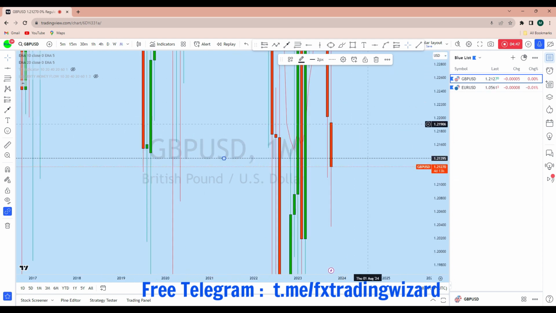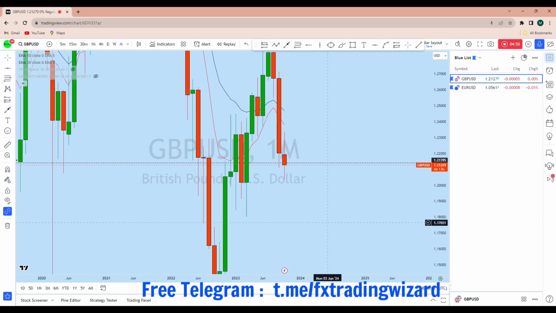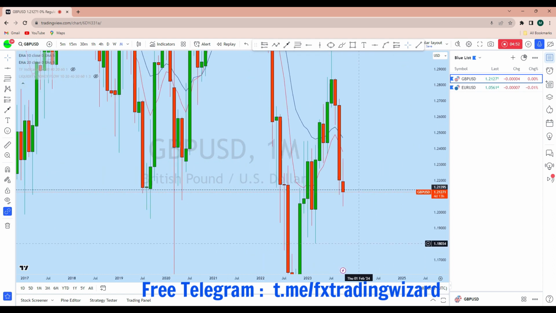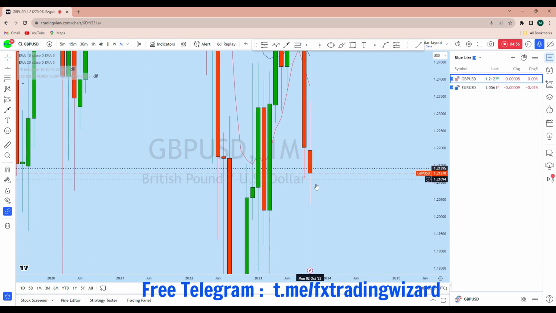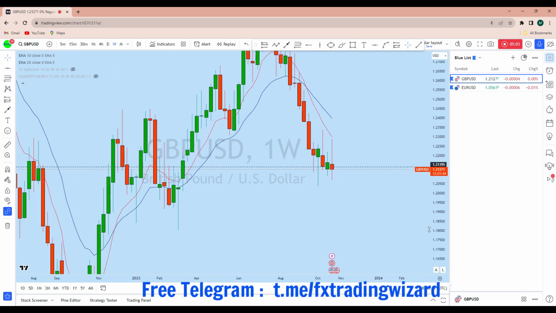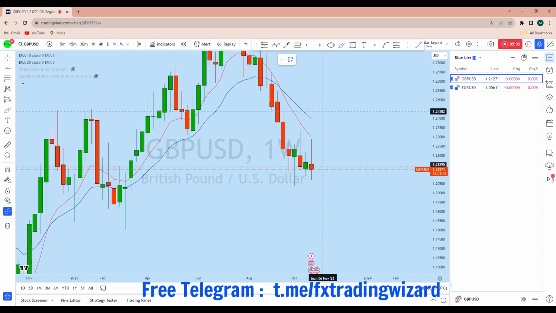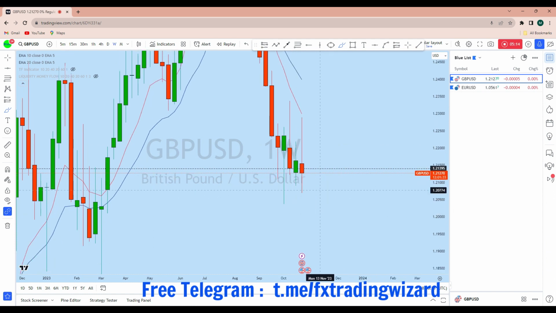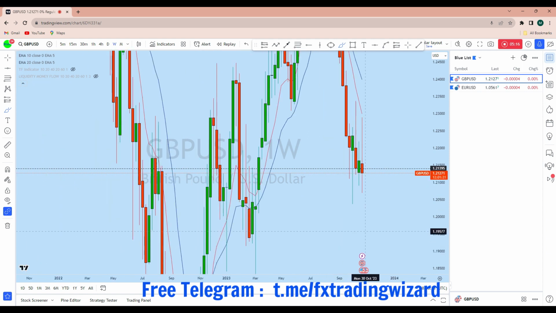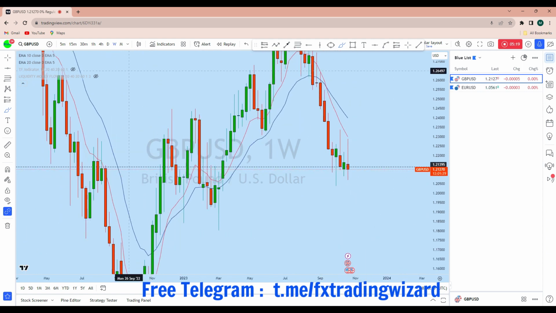So if we look at the higher time frame on GBPUSD, we can see that this market is also long-term bearish, and I think that before the monthly close, we can expect another attempt from the sellers to break this monthly low. Looking at the weekly time frame, we see the market also creating a series of lower highs, forming a weekly pin bar, which is still remaining bearish. I think this market also might try to break this low to create a new lower low.